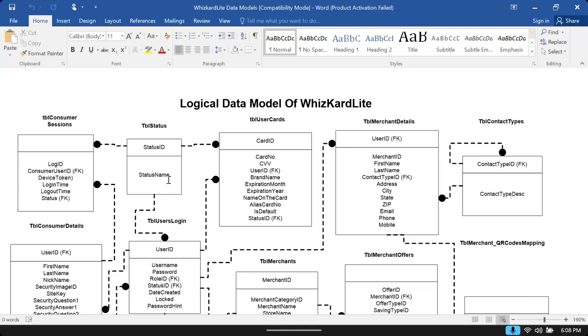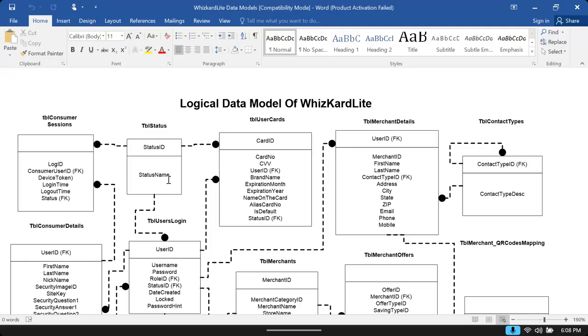They're not aware of database models. That means they learn database, but they don't know in the real world how a database is planned. That's not good. You should know how it is planned, how the database is designed, how the database is planned first, not design. Designing, everybody can design. It is a set of just a few commands. You can design easily, but planning is the biggest job.